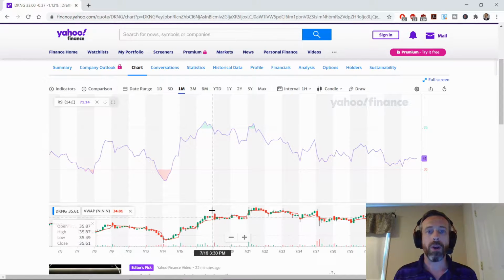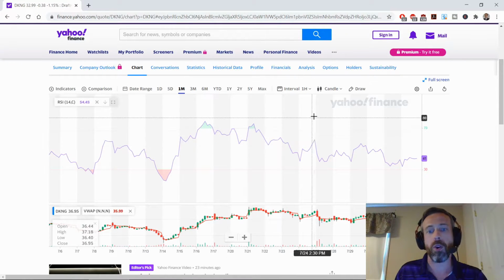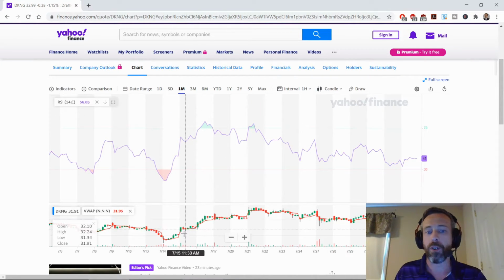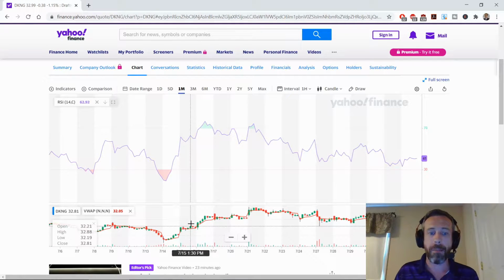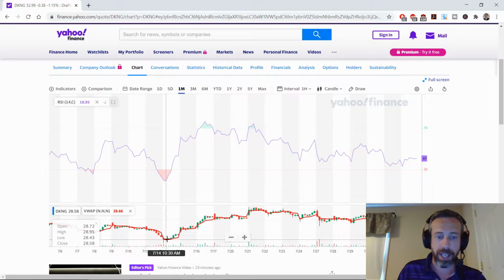Now, you have to remember, these indicators don't tell you how much or for how long the movement's going to happen. It just tells you that they're noticing a pattern that's changing, right? So it can go back up like this for a long time and it can skyrocket, but it also can be very, very mild. So in this case, as you can see, it went from oversold, then it went back